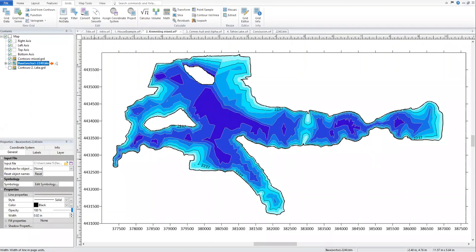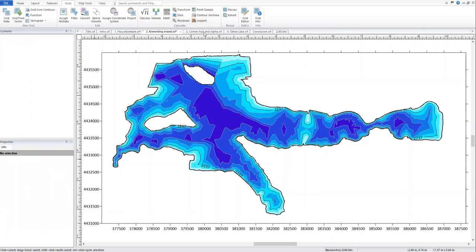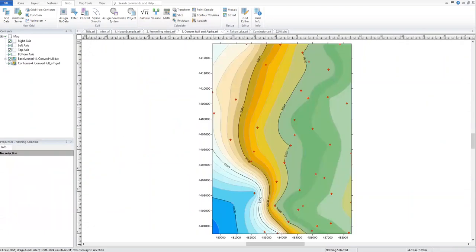All right, I'm not seeing any additional questions right now, so I'm going to go ahead and move on to our next example, which is going to be assigning NoData using a convex hole and an alpha shape. And so what we're looking to do is try and regrid this raw contour data here, but we're going to use the assign NoData outside of a convex hole option first, and that is found in the